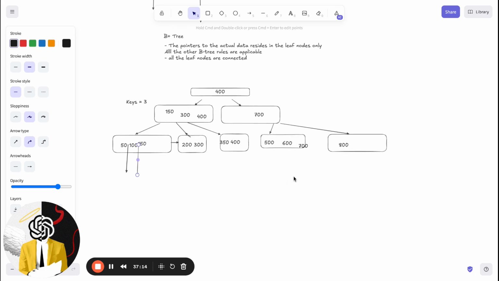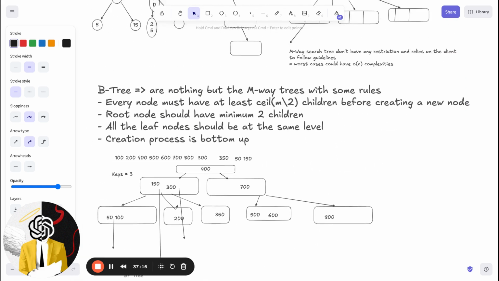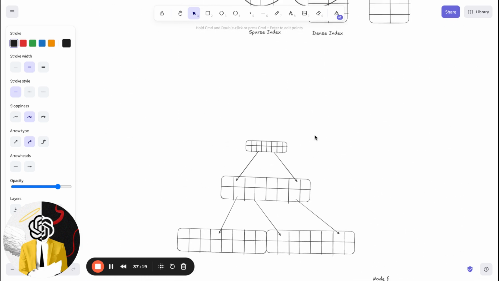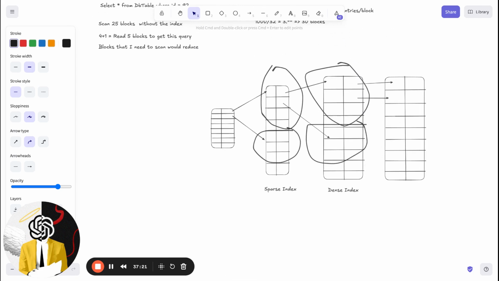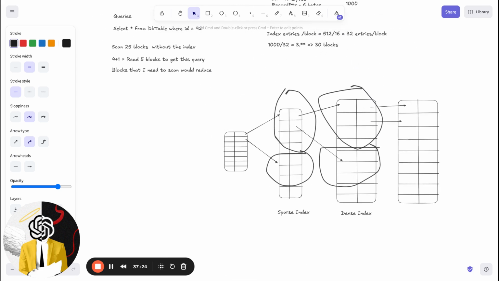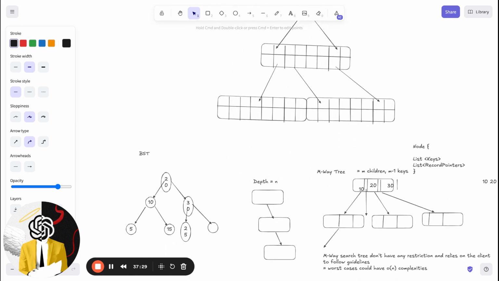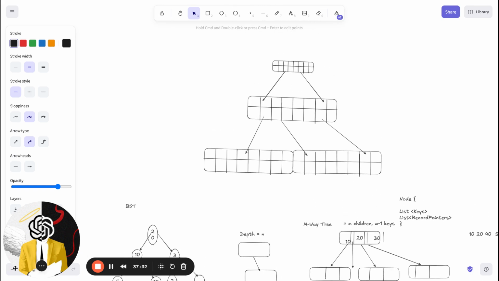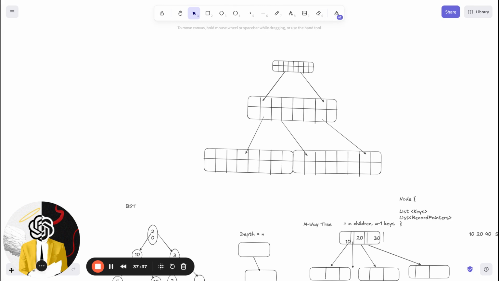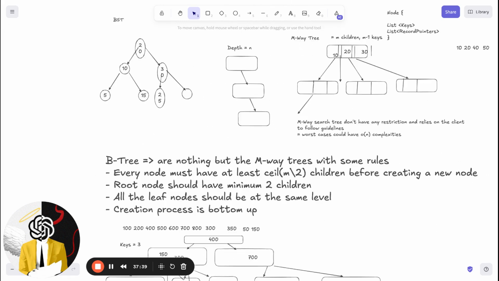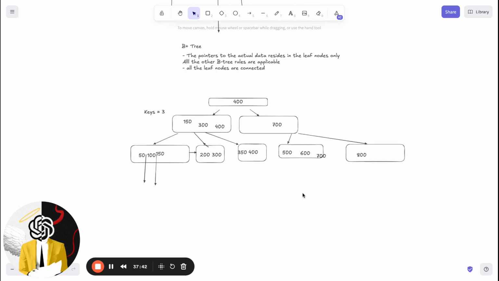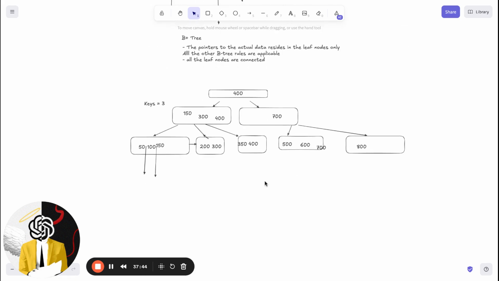So this is what B plus trees are, and how they are used in indexes. It's not only limited to SQL databases; even in NoSQL, a lot of these ideas are there, and B plus trees are utilized. I hope this gives you some idea about how the B plus tree or the indexing works from disk, and how the B plus tree data structure helps you arrange the data in a way that